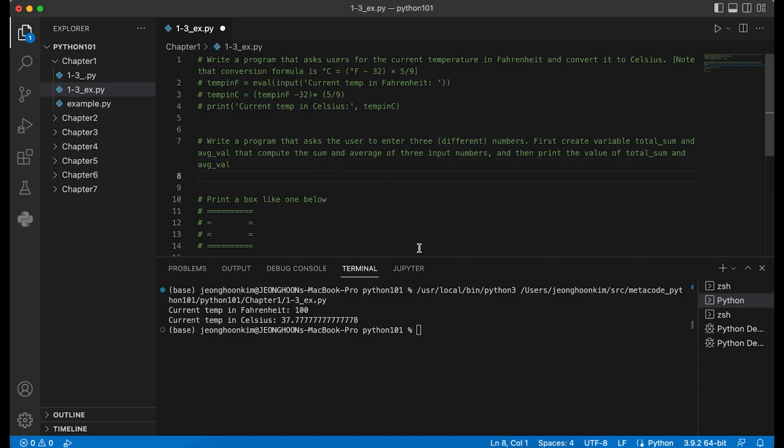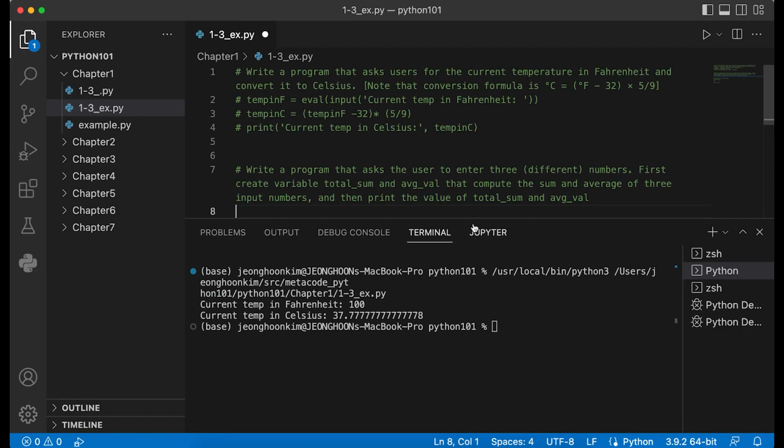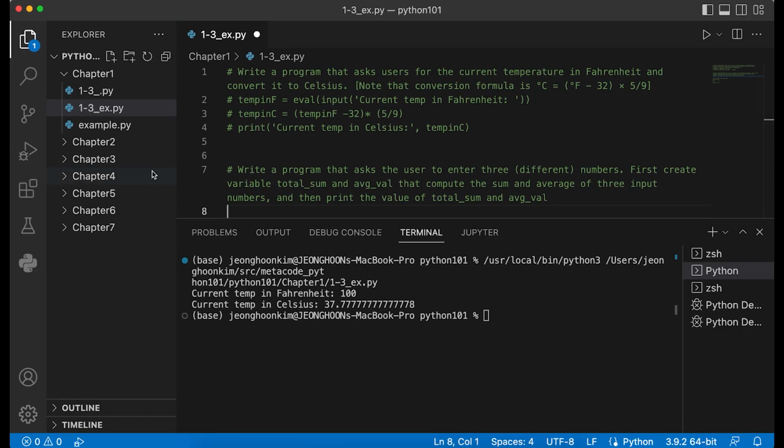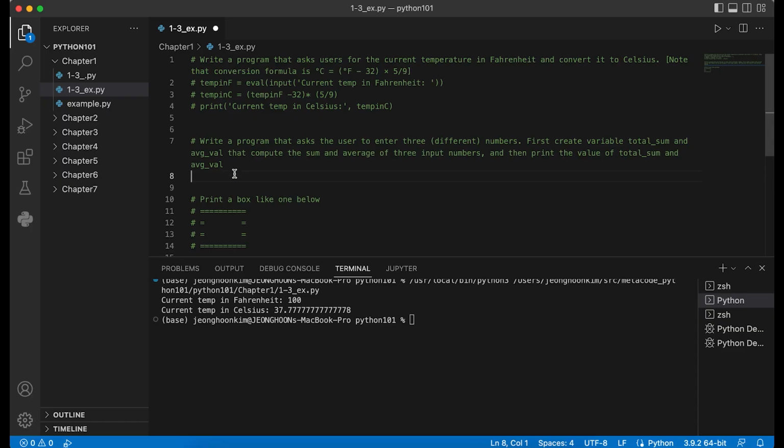So write a program that asks us to enter 3 different numbers and create variables total sum and average value that compute the sum and average of the 3 input numbers and then print the value of the total sum and average value, right? Okay, so first we need to get the 3 numbers.